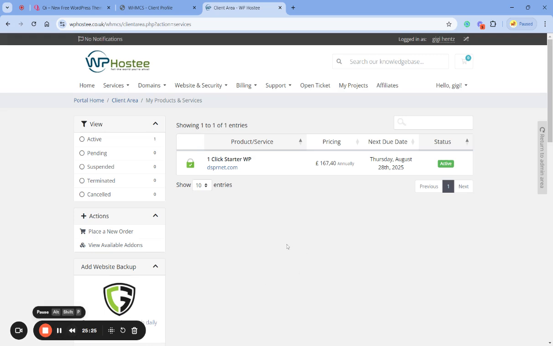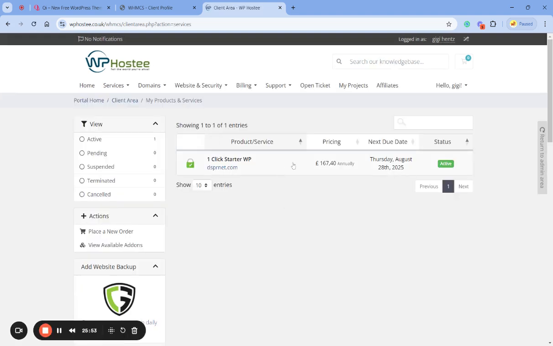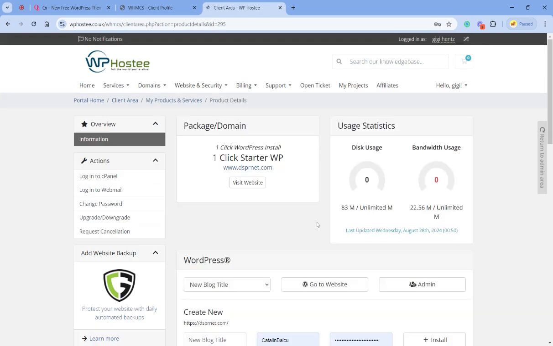Okay, so that being said, let's get to the next step. This was the first step, securing your account with WPHostee.com. And once you've done that, now you have the environment where to create the website from. So what you do, you click on this service. So again, when you end up with the account, you click on here, then you click here, then you're going to be presented with the option of having login to cPanel